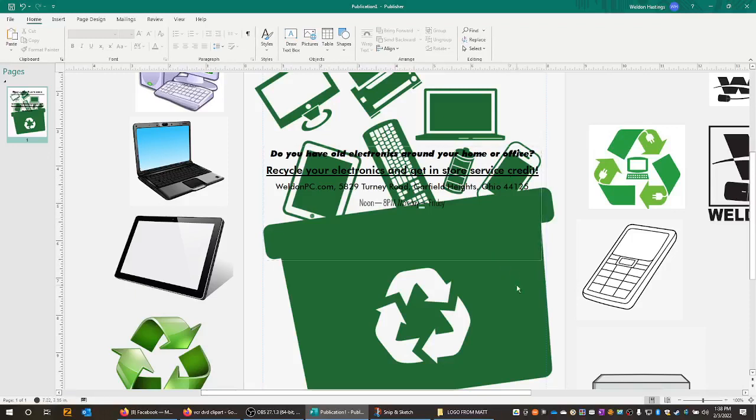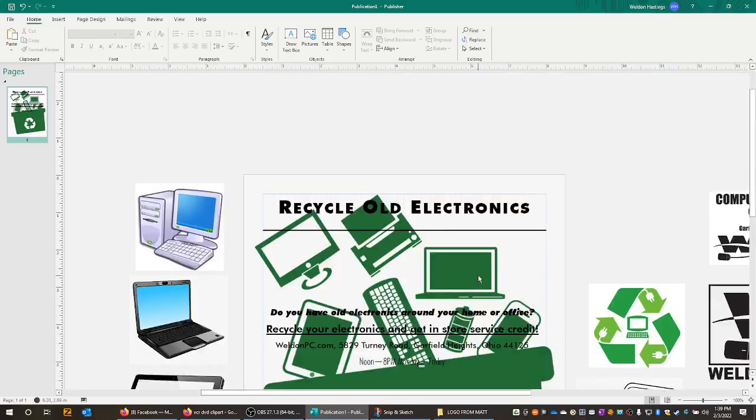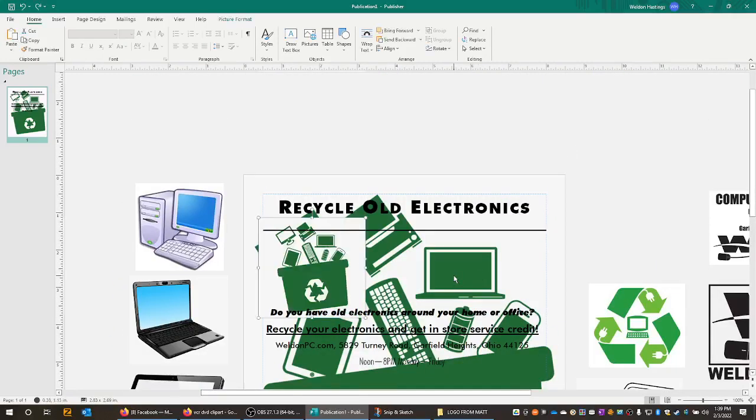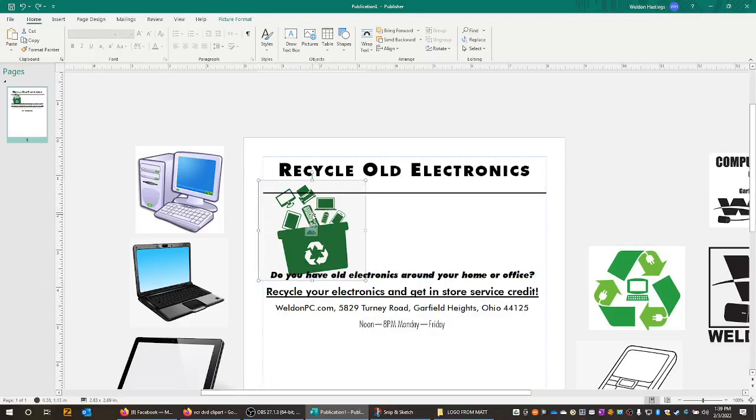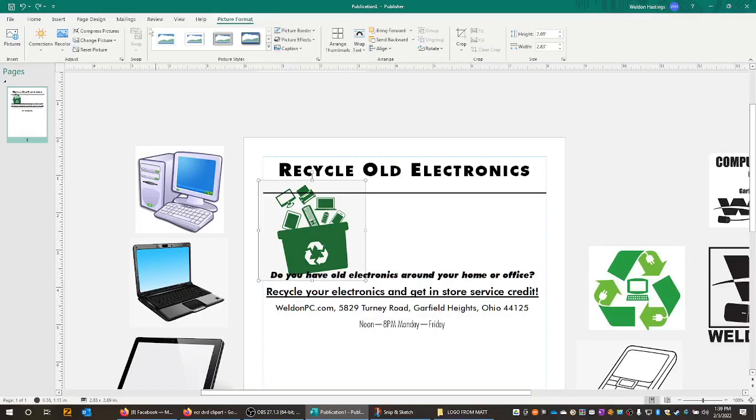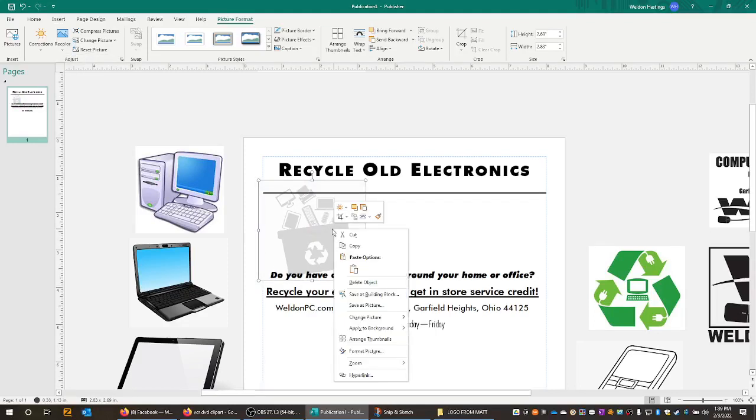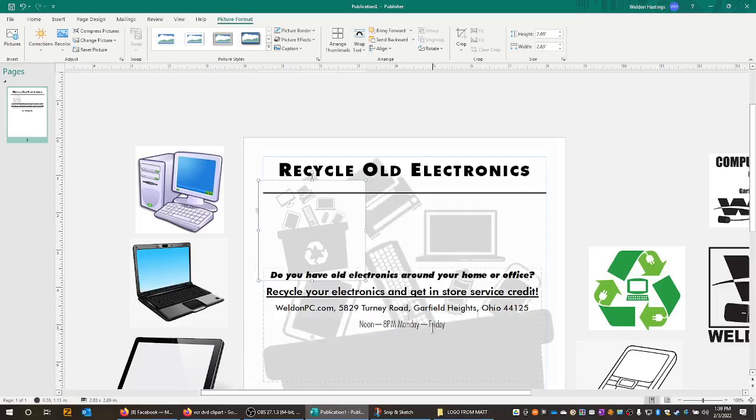So one thing I could do is, let's do an undo on this. All right, so let's make some changes to the picture. So we're going to format the picture. We're going to recolor it, but we're going to make it super, super dim, like light. And now if I right click and I do apply to background and I do fill, and then I remove that picture out,